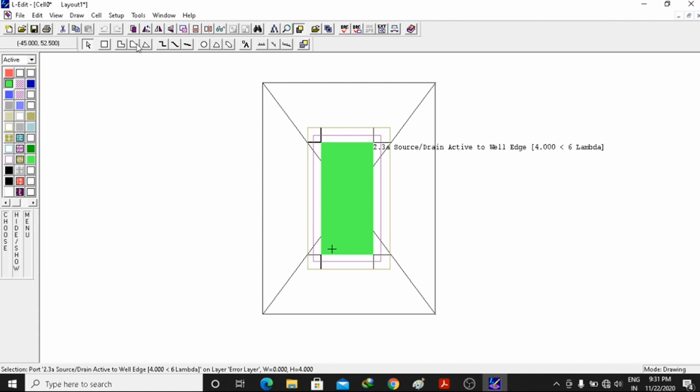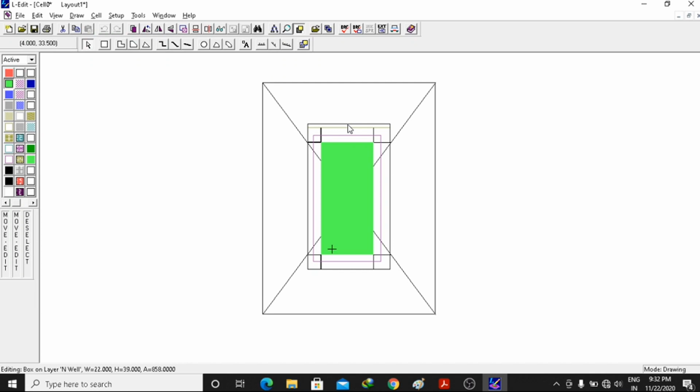So how will you increase the size of the well? I will click on this selection and I will click here on the edge of the well. Once I have clicked on the edge of the well, here at the bottom you can see selection box on layer and well. Just after that I will press alt, then right click of the mouse button, and slowly drag it a little bit upwards, because whatever we have drawn in the copy is a rough diagram. So adjusting and optimizing by increasing the width and height by lambda, 2 lambda, 3 lambda, doesn't necessarily make much of a difference in actual layers.